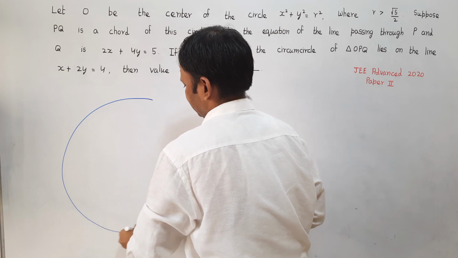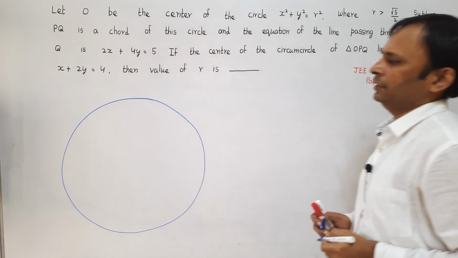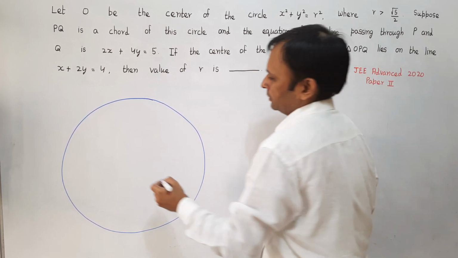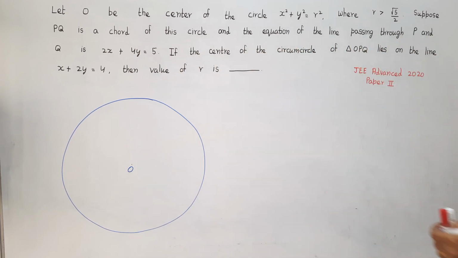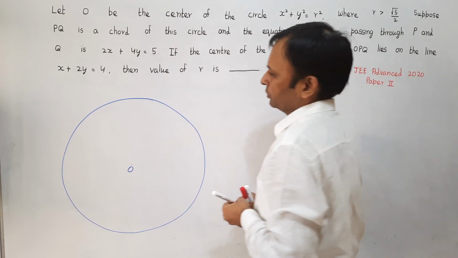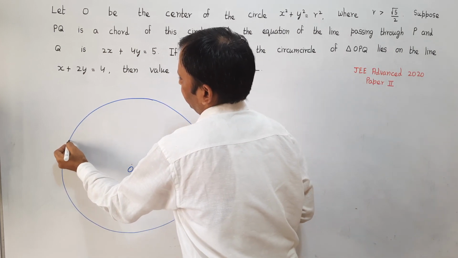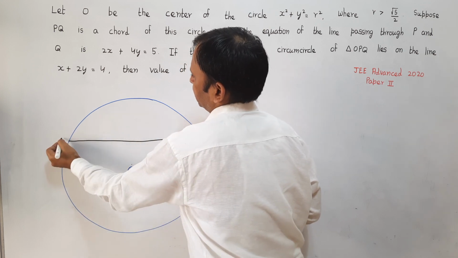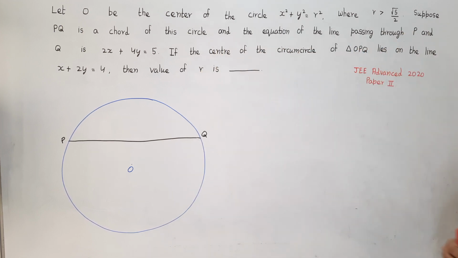something like this. So say this is some circle. Now here this circle I will assume O be the center of this circle which is having the coordinate as origin. In this circle we have a chord PQ. So what I will do is I will draw a chord PQ on this circle. So I have drawn a chord. So this is the chord PQ on this circle.